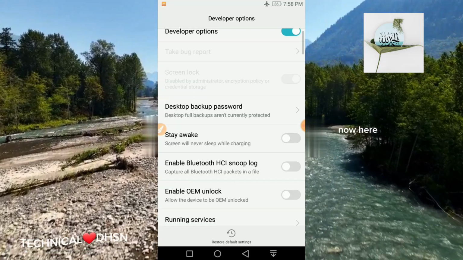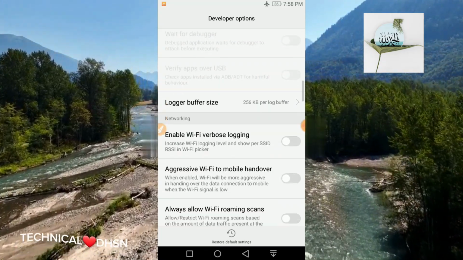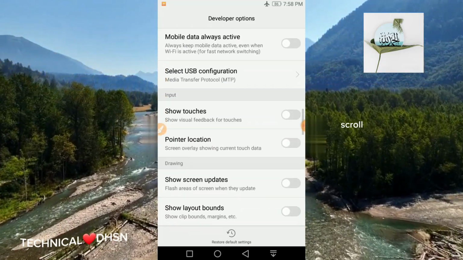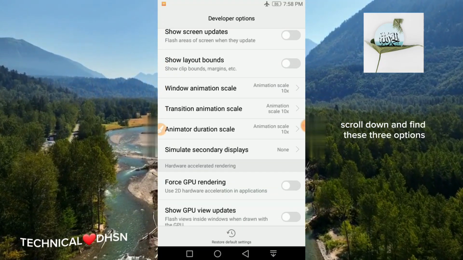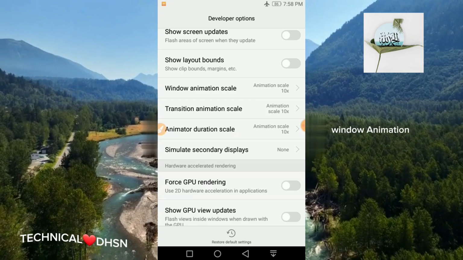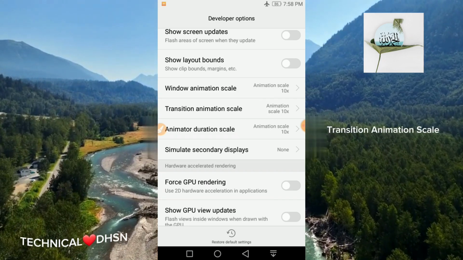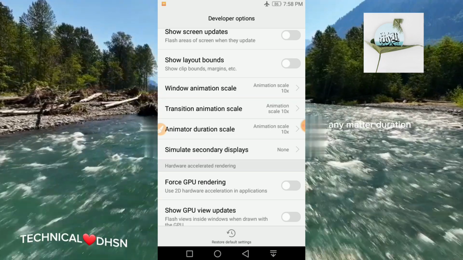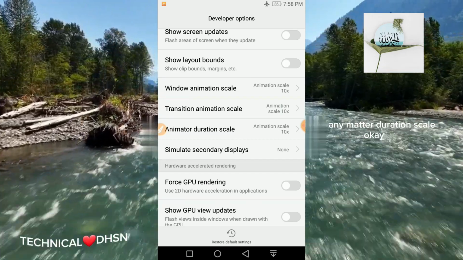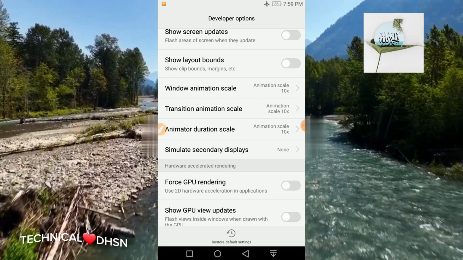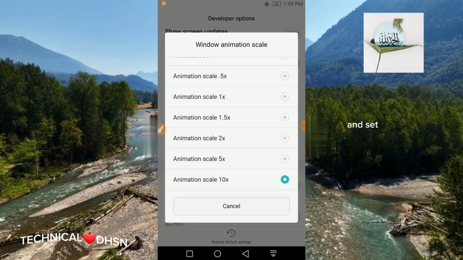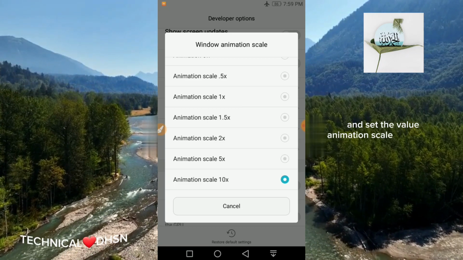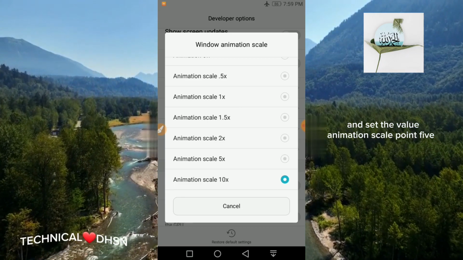Now here, scroll down and find these three options: window animation scale, transition animation scale, animator duration scale. Okay, first open window animation scale and set the value to 0.5x.